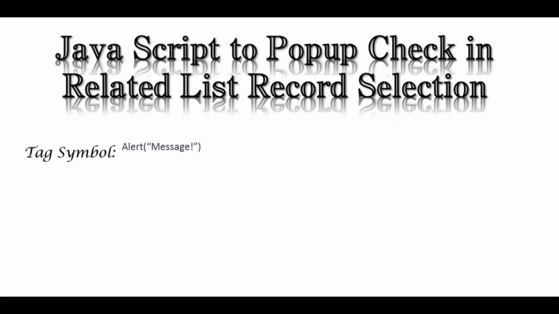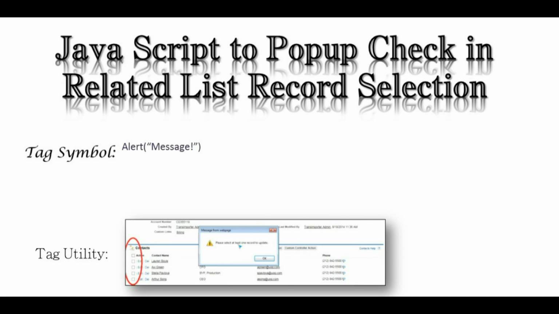So the tag symbol for this implementation is an alert message, and here the utility is, as you can see, the related list of a record holding a number of child records for this particular parent record, and the checkboxes are available. Now if you select any checkbox and click on the button, it will work according to the button action. But if you don't select any record, then a pop-up will appear and say that no records have been selected. So we have implemented this example in this video